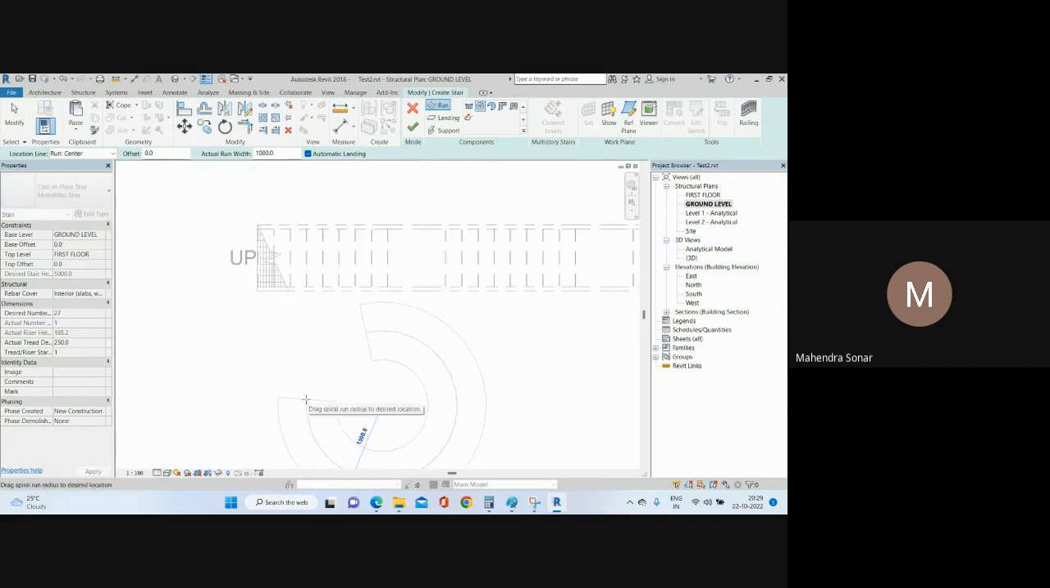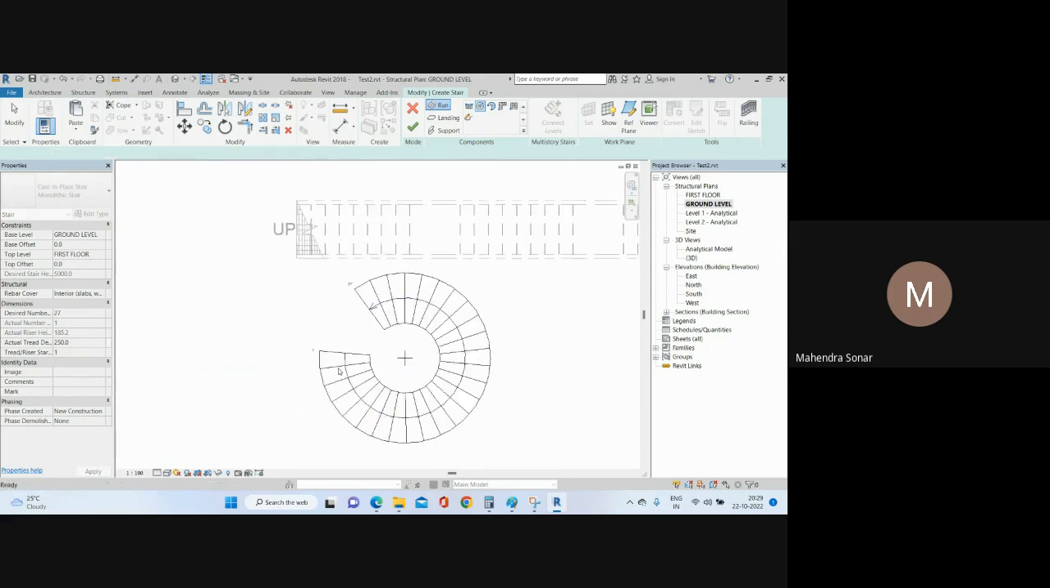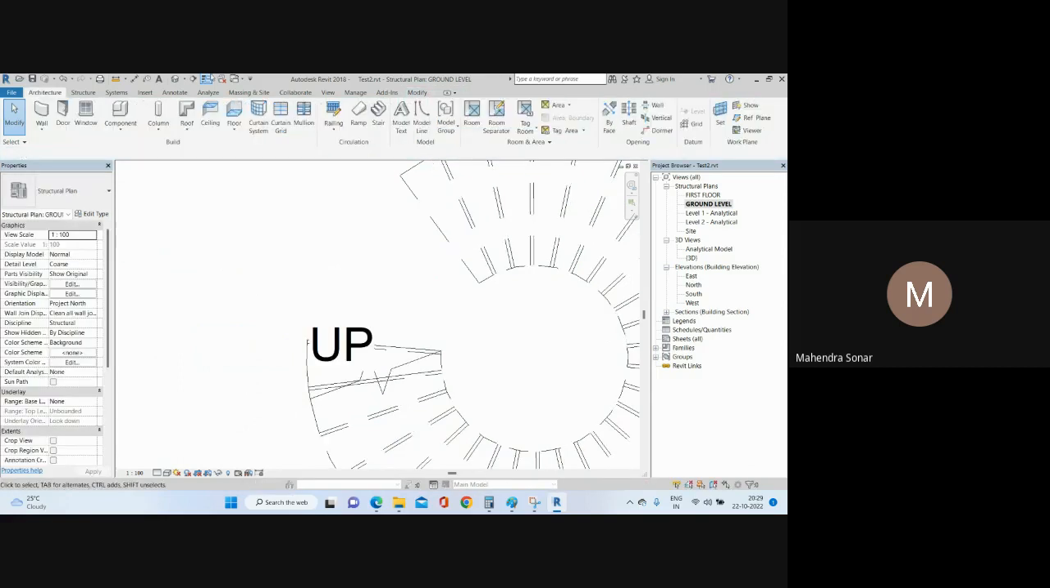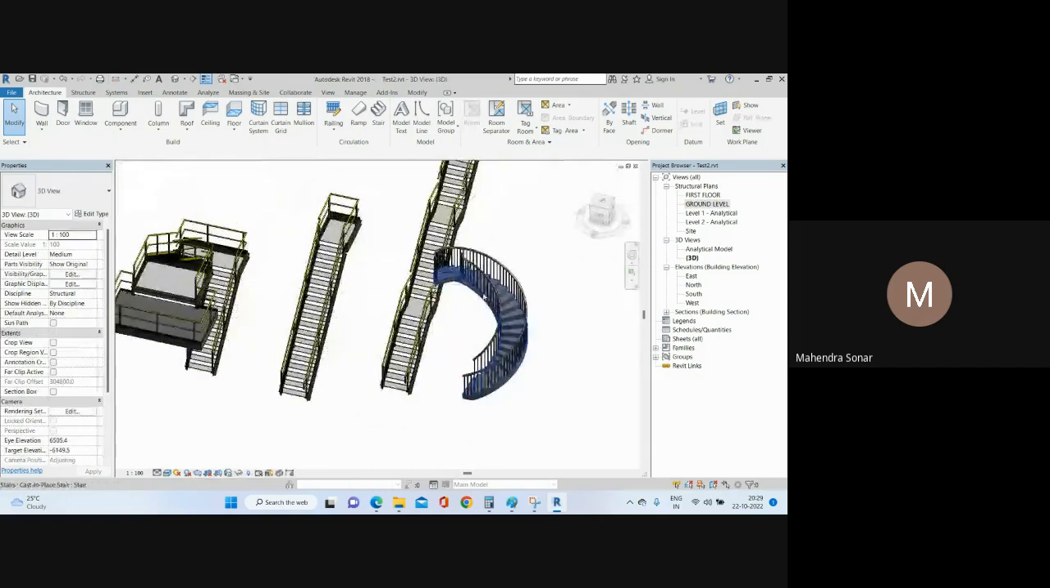Suppose I want to start from, you need to give the radius first. So radius is just consider 1.2 meter like that. So you can see 1 to 27. Click here OK, and if you go to your 3D model, so your stair looks like